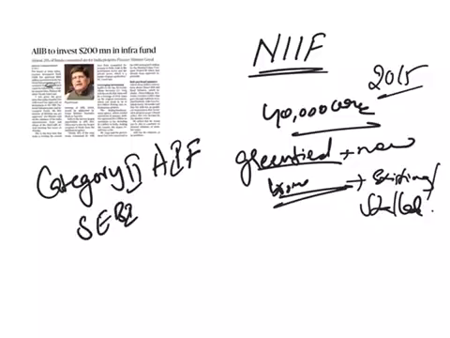This fund was set up as a Category 2 Alternate Investment Fund under the Securities and Exchange Board of India regulations. Out of the total corpus of 40,000 crore, the government will invest 20,000 crore into it from the budget, while the remaining 20,000 crore is expected to come from private investors. The funds that are raised will be invested in companies, institutions, and other infrastructure projects.